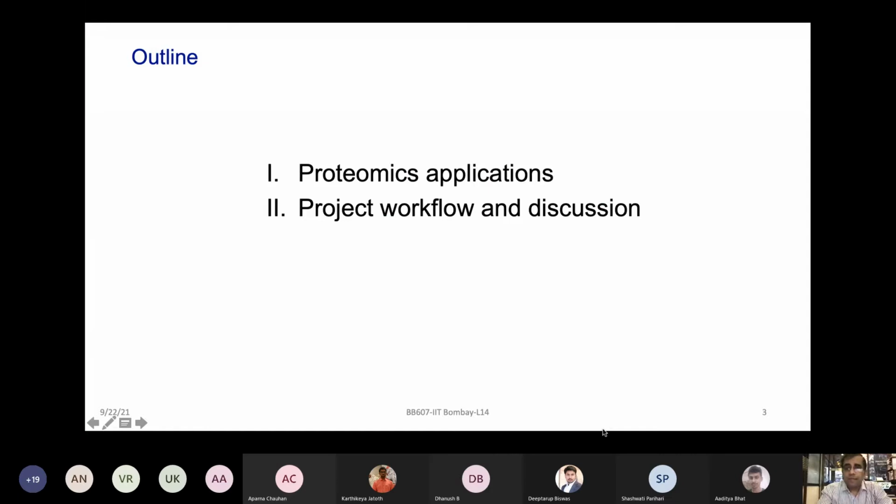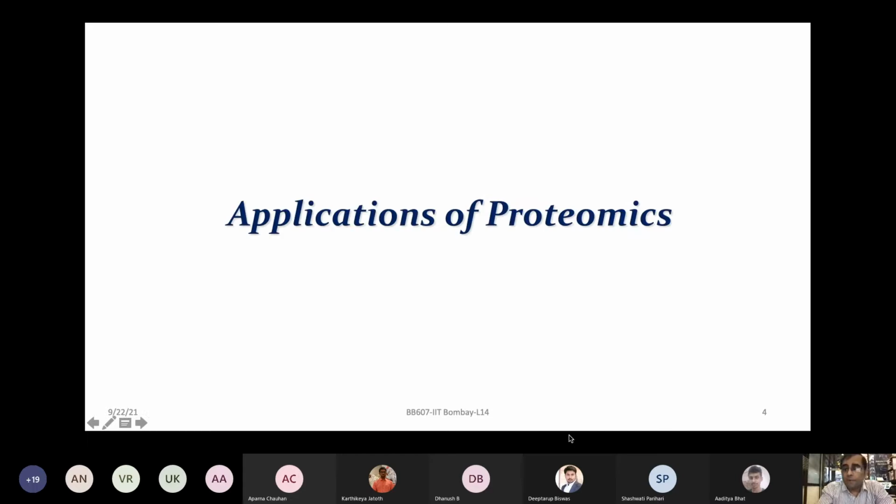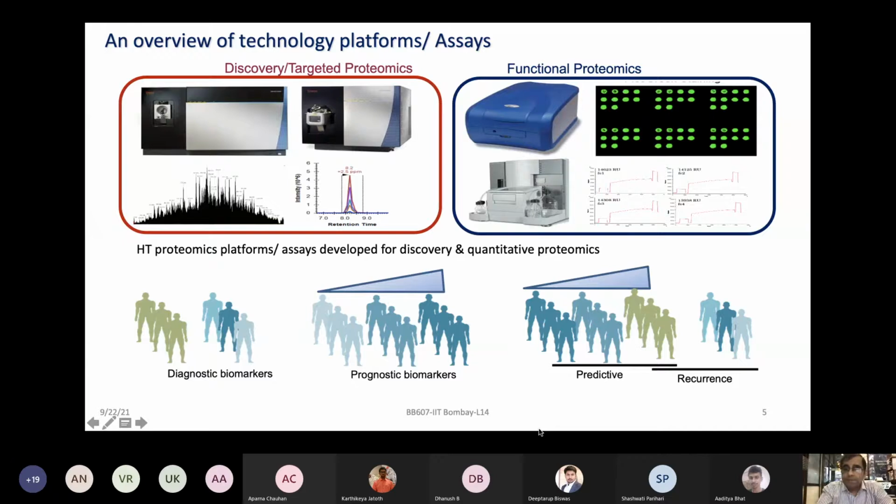But briefly, I'm going to first give you some flavor of how we utilize proteomics in our own research, right? Because based on all the learning from these technologies and these instruments, finally you want to generate data of good quality, which can address some important biological questions. So in my lab, one of the major projects is in the infectious disease area. And I'm going to give you some flavor very briefly about a project on malaria proteomics, to investigate the problem of malaria.